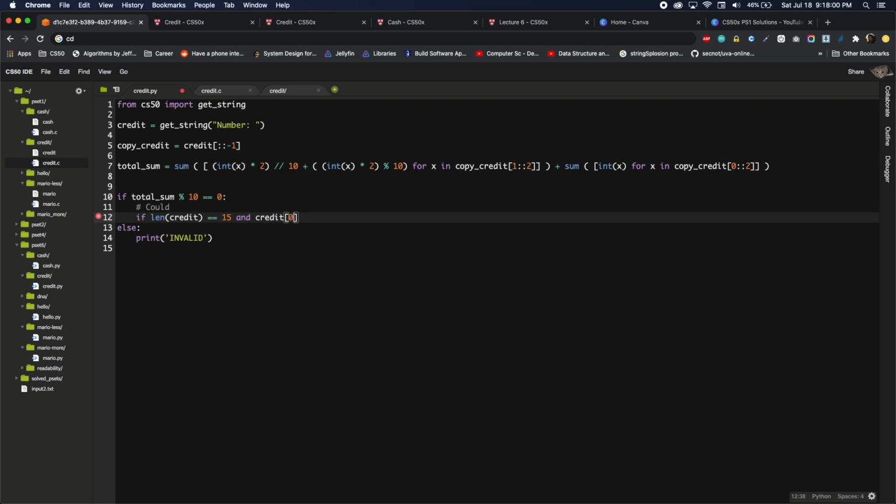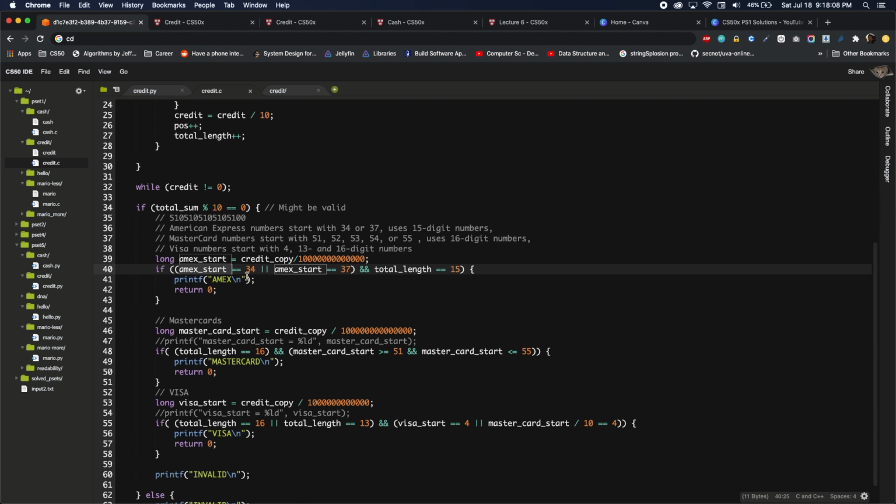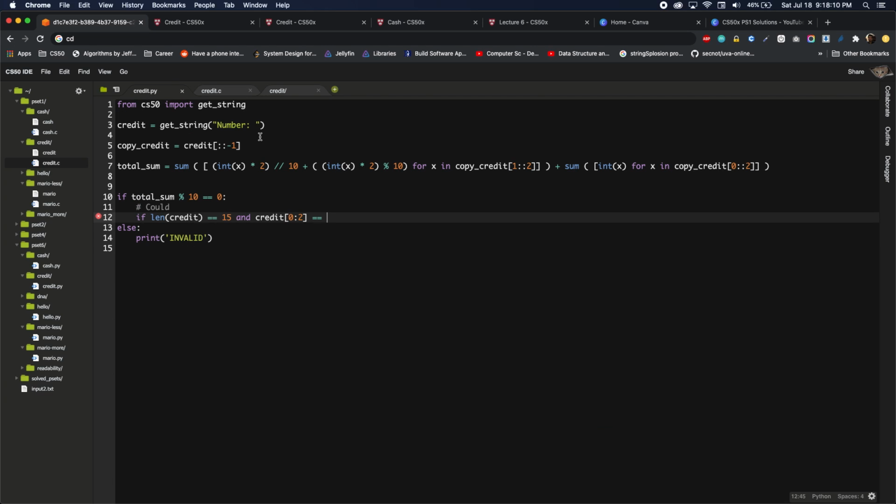You take the slice from 0 to 2, so you get the first two, is in 34 or 37. Then it's an Amex card, I believe. Print Amex. Perfect. Else if the length of the credit is equal to